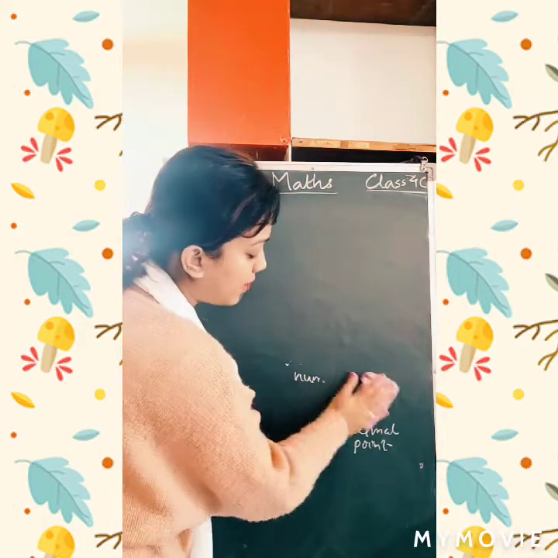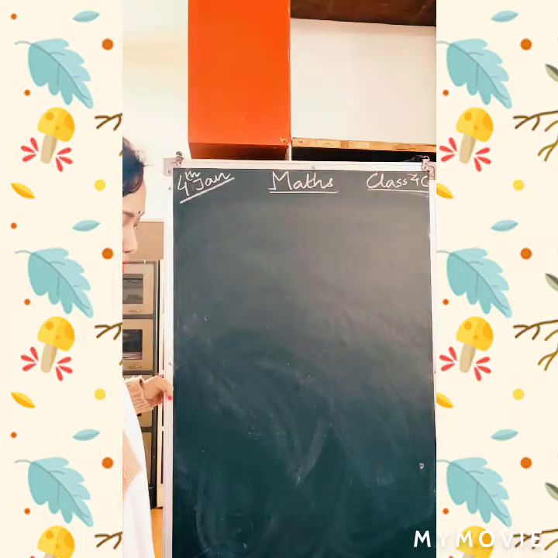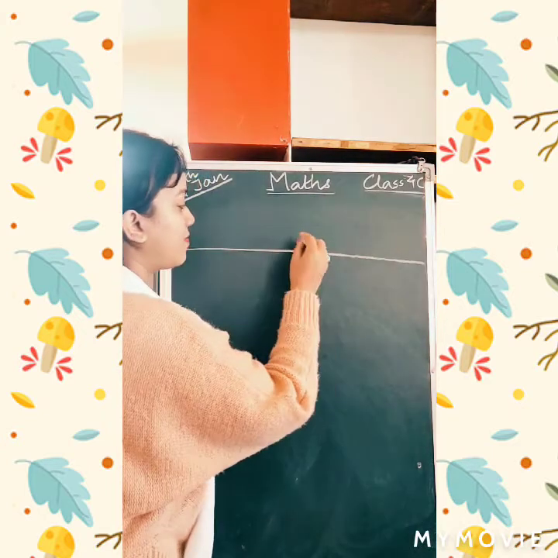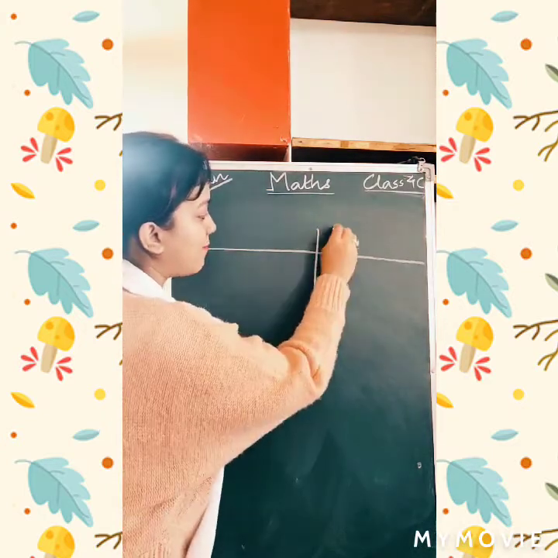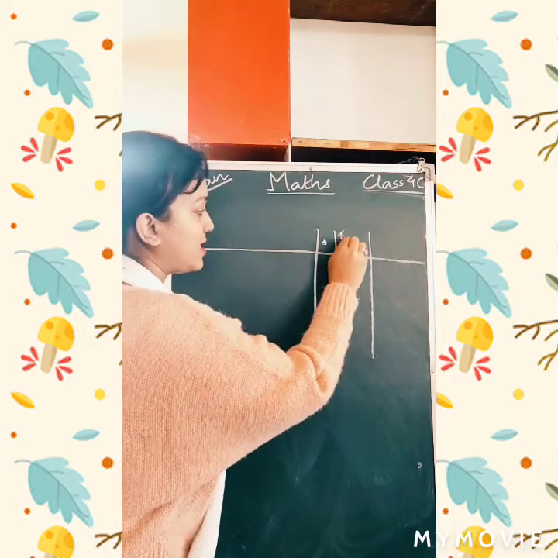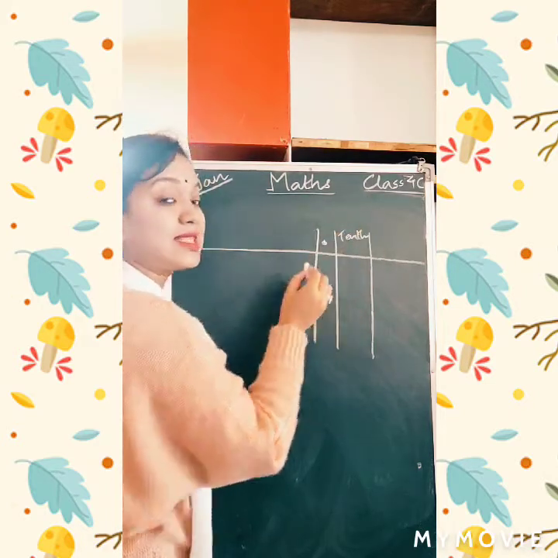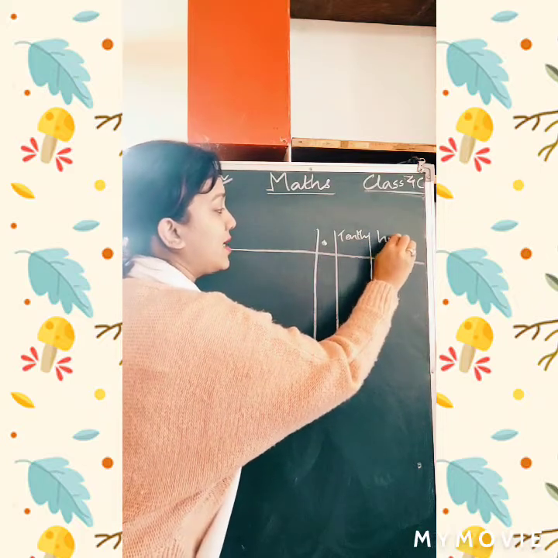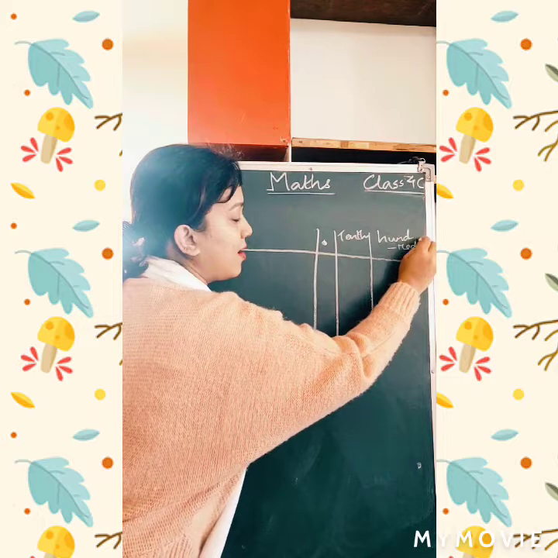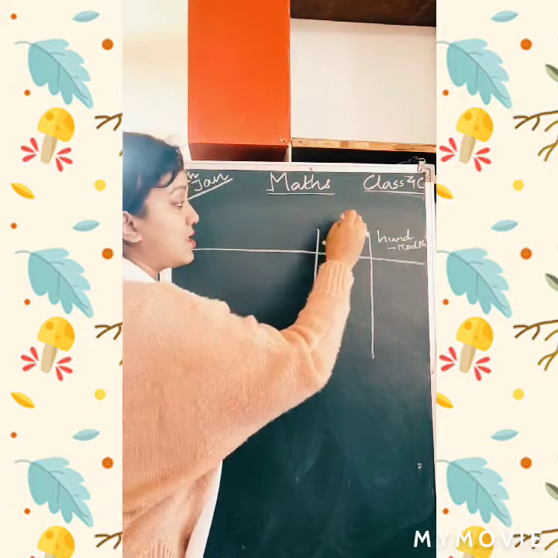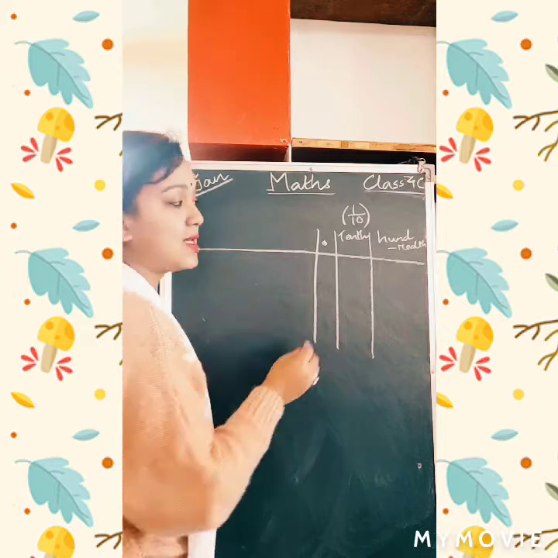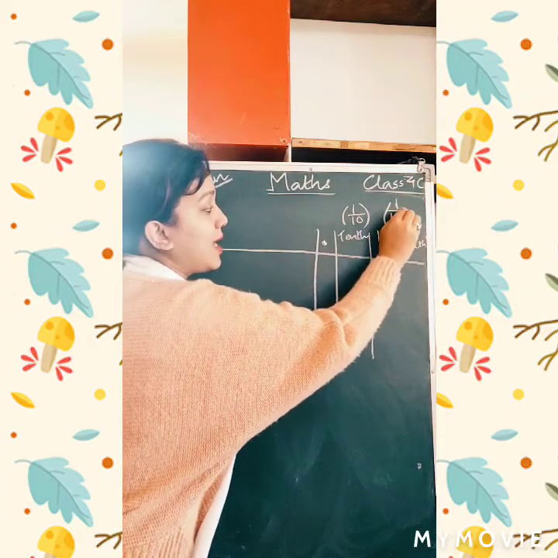Now, we will first learn the place value chart of the decimal. In the place value chart of the decimal, suppose you have the point here. Okay. The place after this point is nothing but tenth. And the next one is hundredth. It's not hundred, it's hundredth. When I say tenth, it's nothing but 1 by 10. When I say hundredth, then it is nothing but 1 by 100.